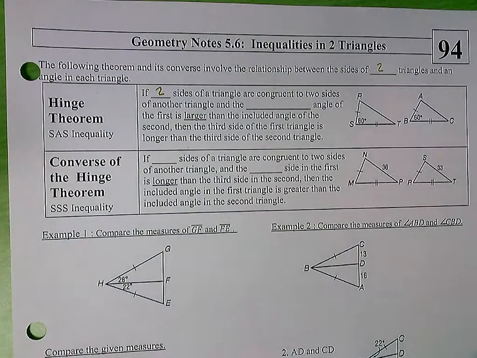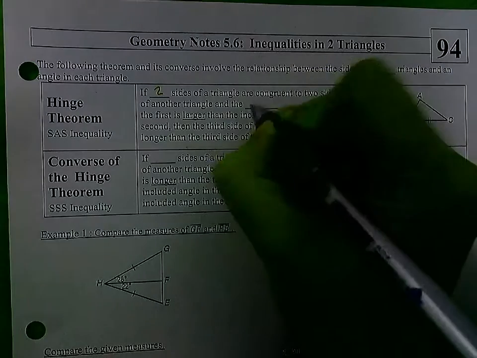So it states if two sides of a triangle are congruent to two sides of another triangle, and the included angle,